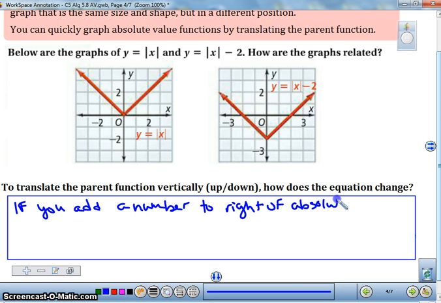And I also like to think of it, instead of just to the right of our absolute value, as outside the absolute value. So if we wanted to think of it, it is outside of our absolute value bars. The V shape